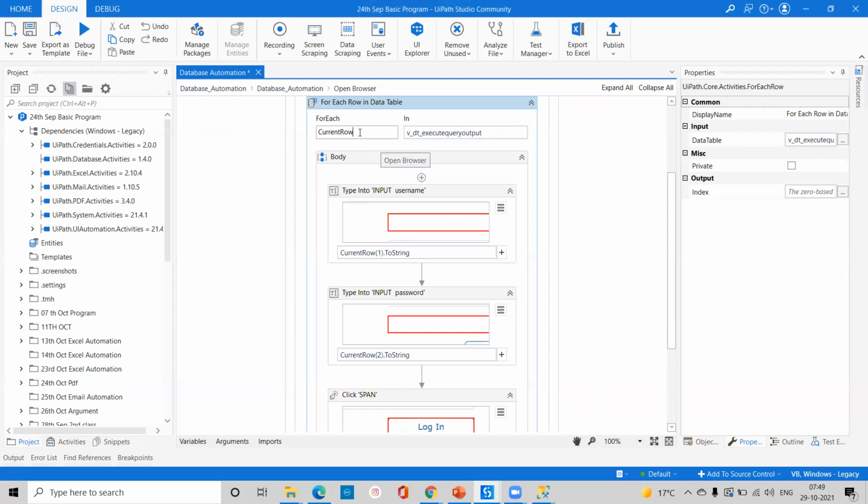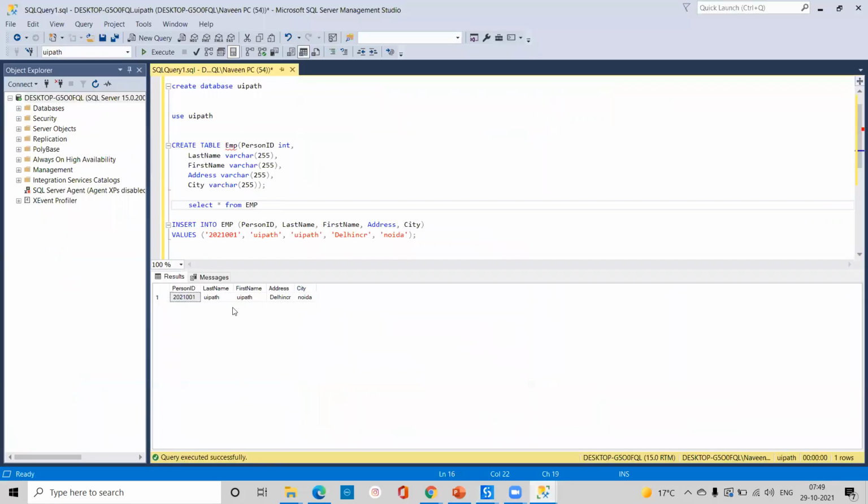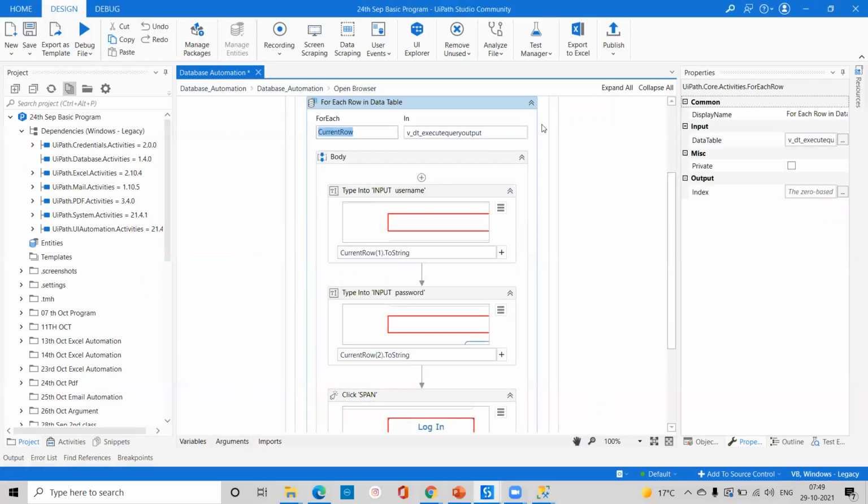So current row, actually this is your column. Okay, so here in the first column we are taking this as one row. So I have passed 0 index here. If you count, last name is coming 1, first name is coming 2. So last name I provide through index one, and this is your second index, and after that